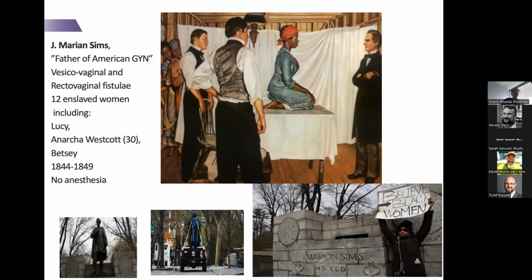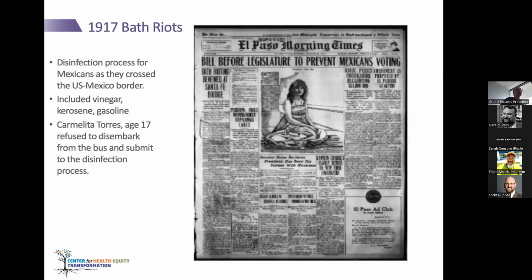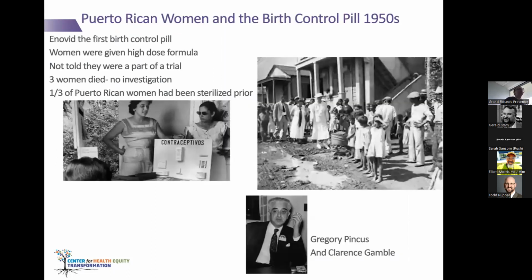Lucy, Anarcha, Betsy. And then we've had the bath riots, just across the border in the early 1900s. We used to have a disinfection process for people coming from Mexico into the United States to work. They had to undergo vinegar, kerosene, and gasoline washing and disinfection before they came to work in our own country. And so Carmelita Torres, who was age 17, started the bath riots by refusing to disembark from the Santa Fe Bridge streetcar, right? And then we've got Puerto Rican women who were basically experimented on to make the